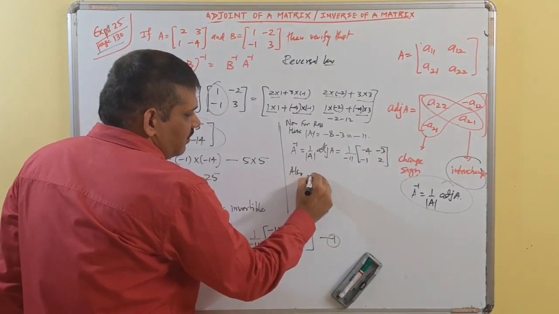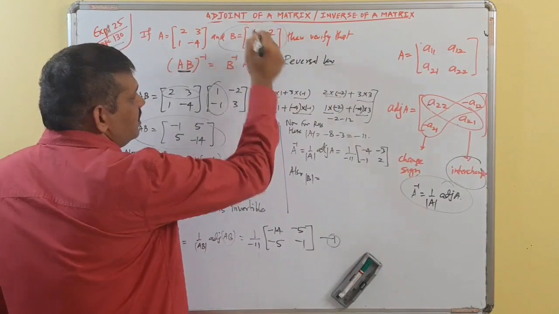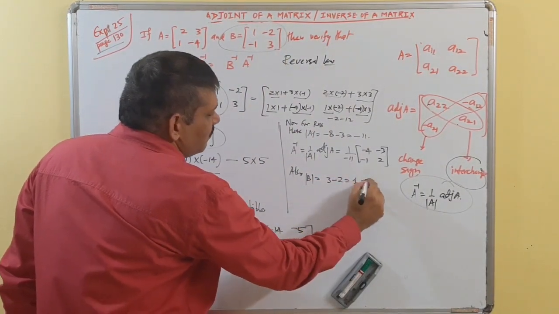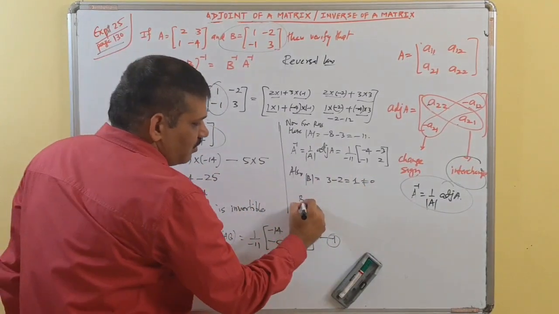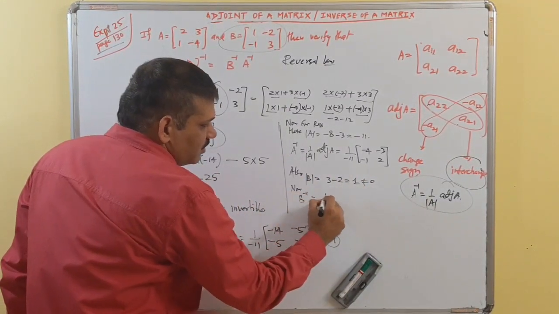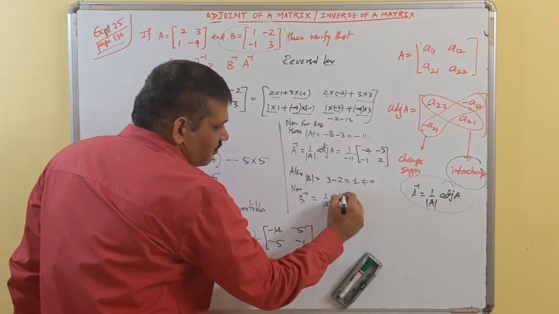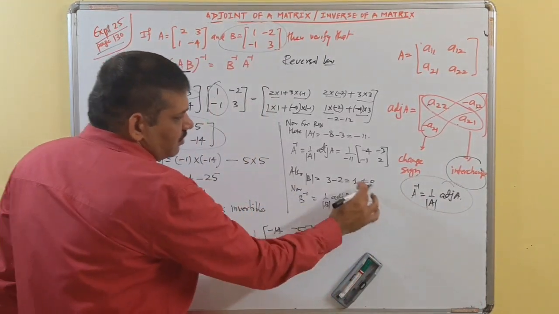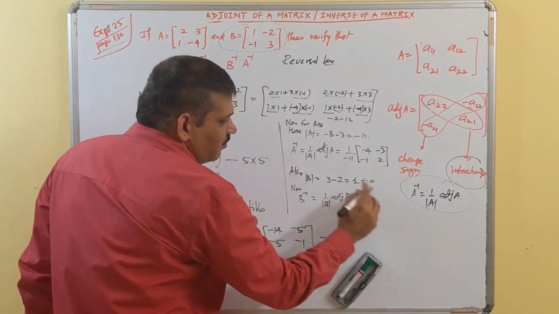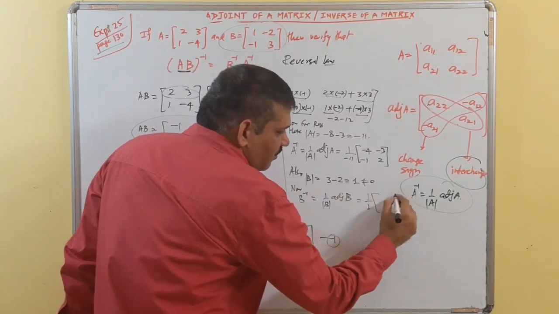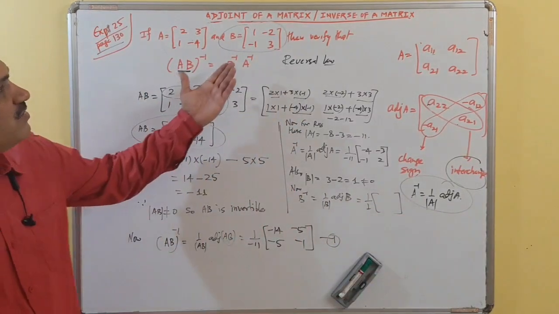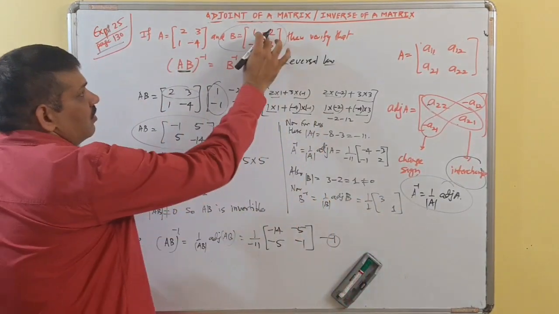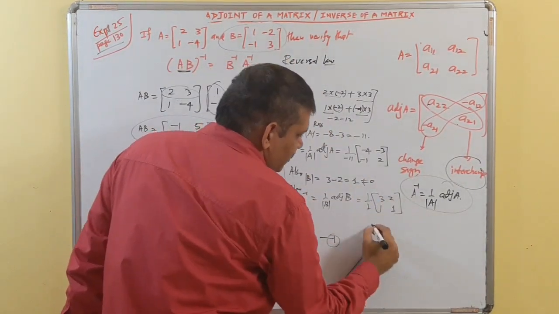Also, now the determinant of B, here this is B, so the determinant of B is 3 minus 2, that is plus 1, which is not equal to 0, so B is invertible. Now B inverse is 1 upon determinant B times the adjoint of B. So 1 upon 1, the determinant of B is 1, times the adjoint of B. How will you find the adjoint? Simply interchange these 3 and 1, and we will change the sign of the 1 and 2. Hence